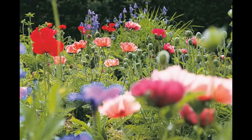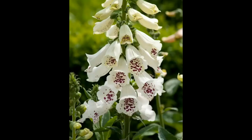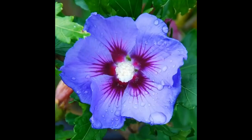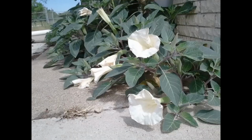Then you can pick poppies. You may either have a poppy mix, or purple, or pink, or red. So you have 4 choices. Wisteria, and this is a white green colour. Everything that you see on the screen, they are the colours that I am giving away. White foxglove, morning glory, heavenly blue, or Grandpa Ott, Hibiscus bluebird, Borage, moonflower datura,